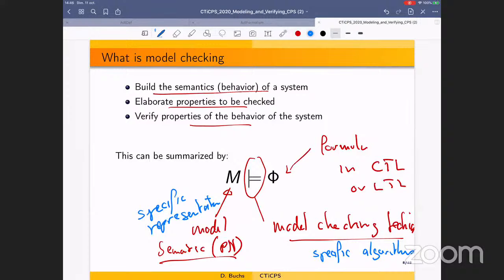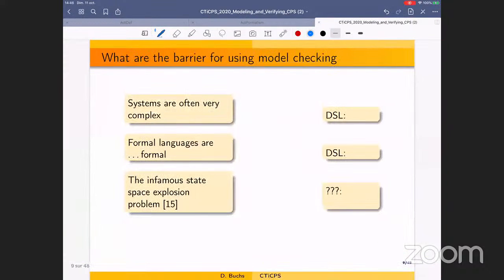So this is not only model checking, this is a general process of verification. Okay, so the question is, what are the barriers to using model checking? What is limiting in this aspect of verification? There is a part which is not the purpose of what I will present, which is, for instance, the fact that the system is very complex. In this case, the solution would be, in general, to have a dedicated